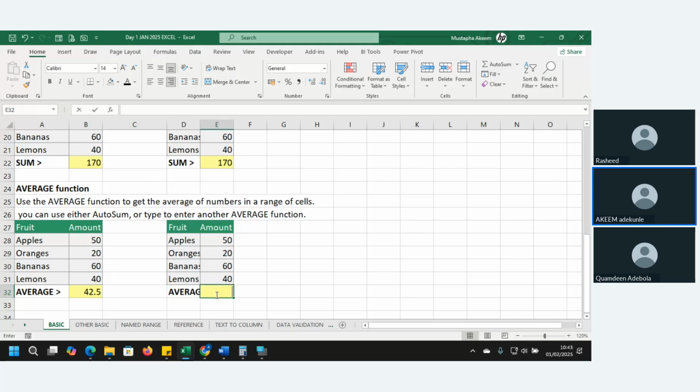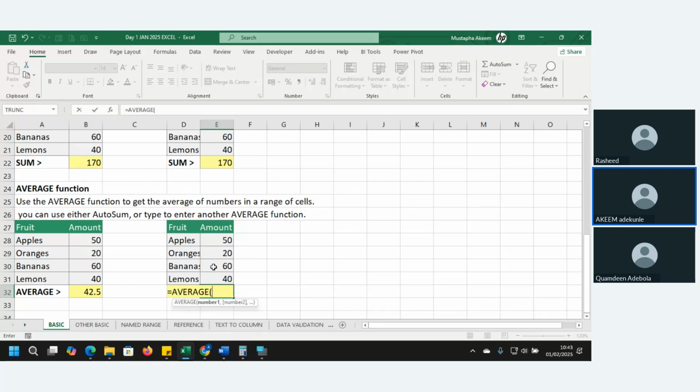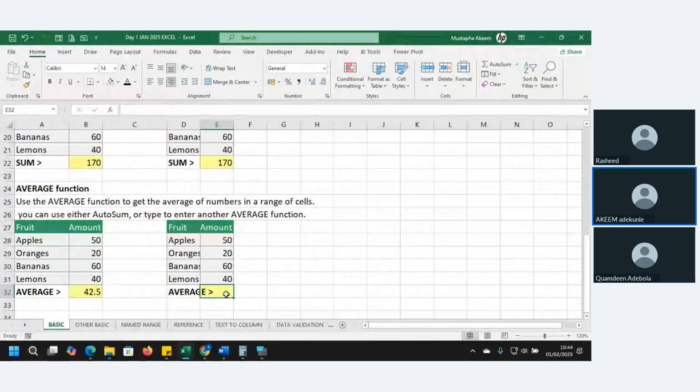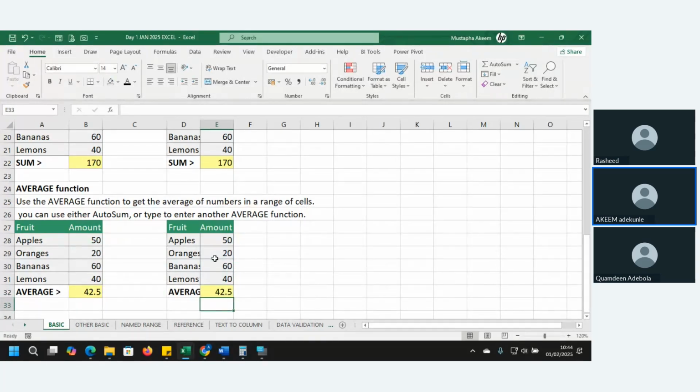Again, equals to AVERAGE, select your data, and press Tab again. So when you press Tab for the first time, it opens the bracket. When you press Tab a second time, it closes the bracket and jumps to the next cell. Under the AutoSum here, we also have Average, which means that if you want to use the AutoSum option up there, you can just select the cell and go to the top here and select Average. Instead of Sum, it will be AutoAverage. Now, you can see it has generated the formula, and you just click OK and you get that.